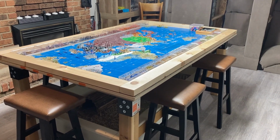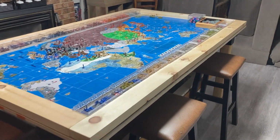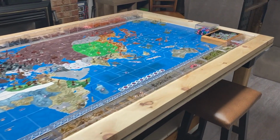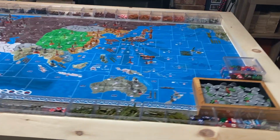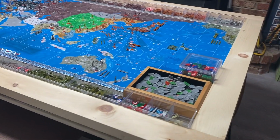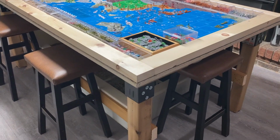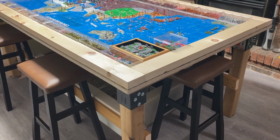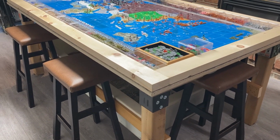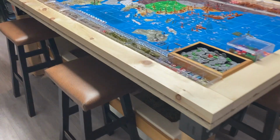We're going to get into all of that, so I'm just going to do a little flyby. And I do have an Axis & Allies map on the board. It's a house rule map, so I'm sure many of you will be asking me about the map, but this is a video about my table that I built, and I'll go through periodically the reasons why I decided to go in this direction. But one of them is the fact that I have a rabbit